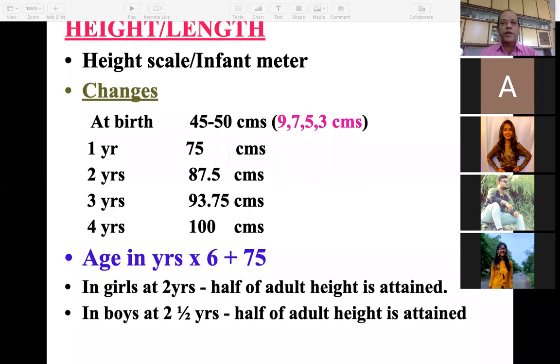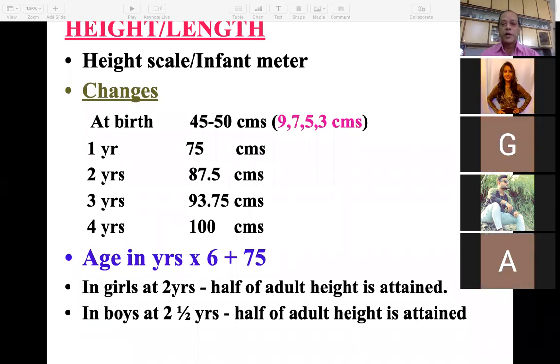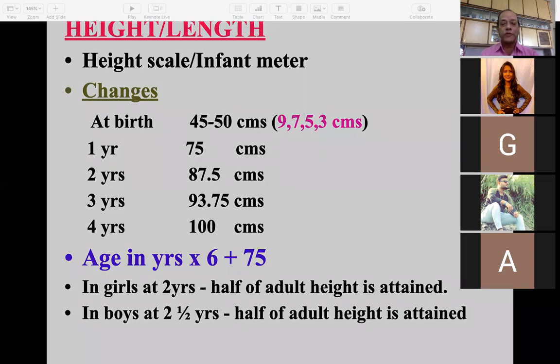Simple formula for calculating the height of a child: age in years into 6 plus 75. And this formula you can apply from 1 year of age up to the adolescent period. In girls, at around 2 years, I would request all of them to mute their audio. In girls, at 2 years of age,